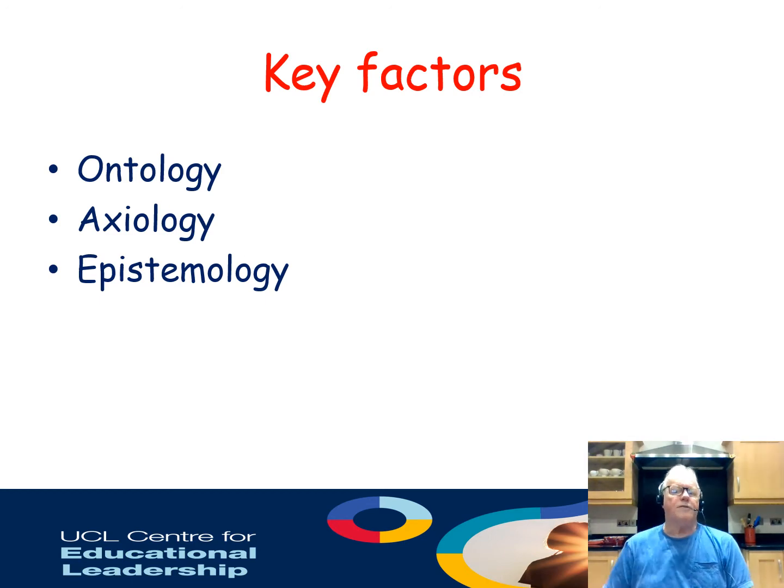Okay? So the 3 ologies I talked about are ontology, axiology, and epistemology. Now, they are frustratingly long words and difficult words, but I think really, if you can learn to deal with them by doing a simple transition from what ontology means, reality. Your ontology is your understanding of the world. That's your understanding, your reality, okay?